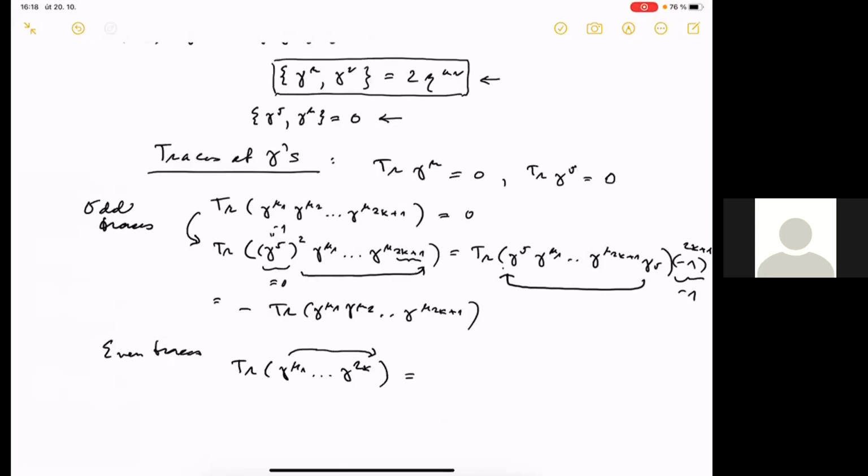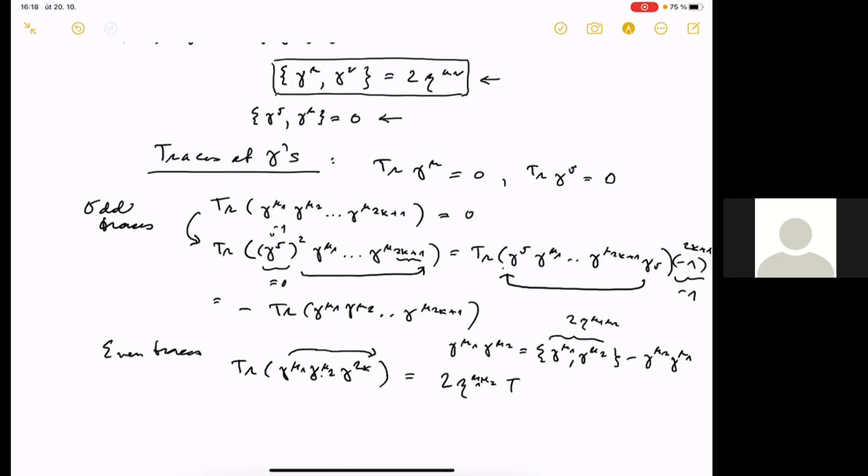So each such commutation gives us, or let us write for instance the first one. We write simply gamma mu1, gamma mu2 as the anti-commutator minus these gammas in a different order, gamma mu2, gamma mu1. So the first step consists of 2 eta mu1 mu2, which is just this anti-commutator,